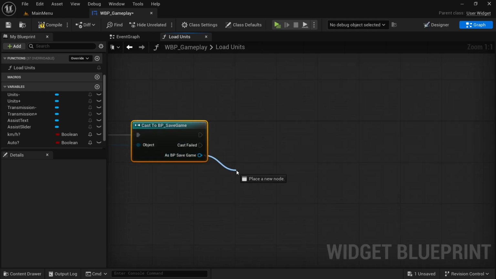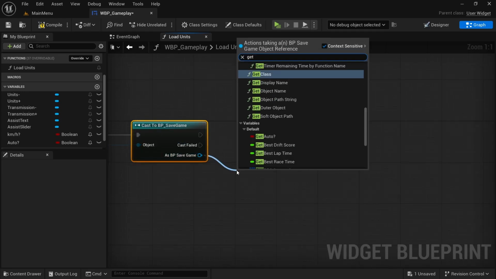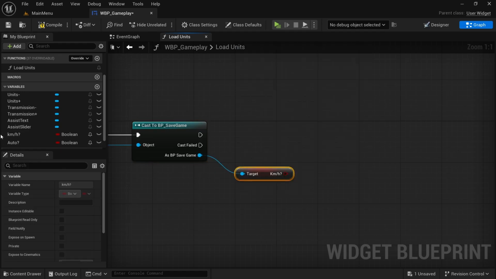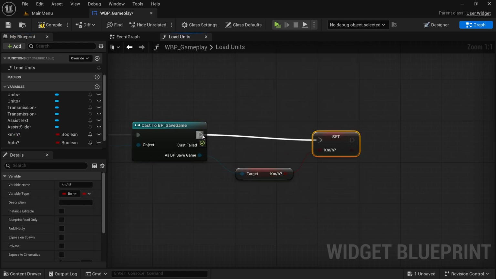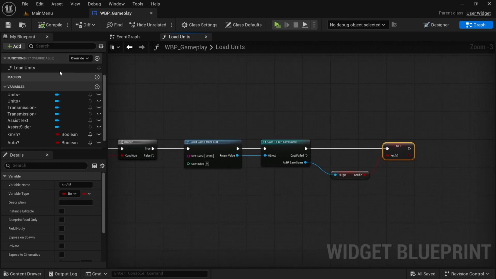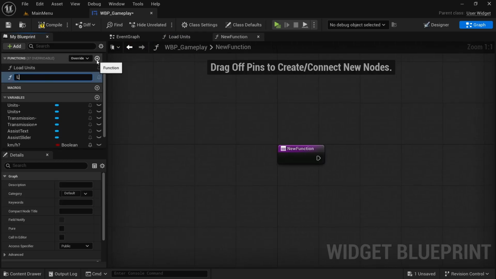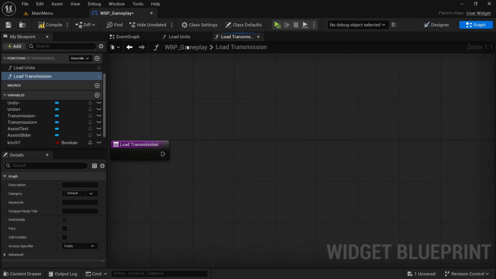From the SBP save game, drag off and then get KMH, and then drag in the KMH, drop it on the pin, and then connect the execution pin, and then that will be it. Compile, save. Next function is going to be load transmission, and then we're going to head over to the load